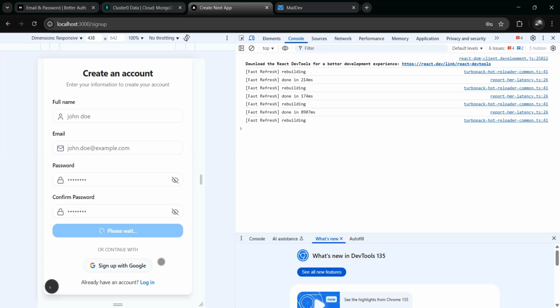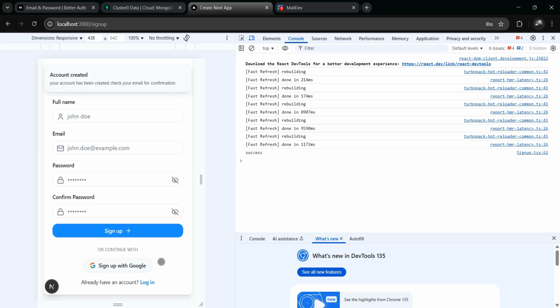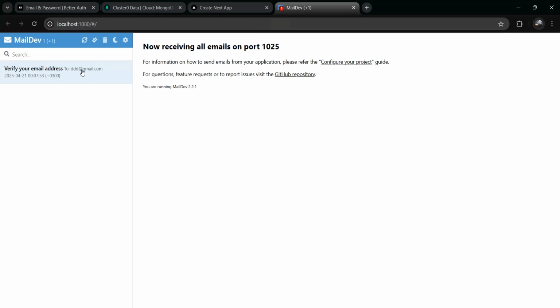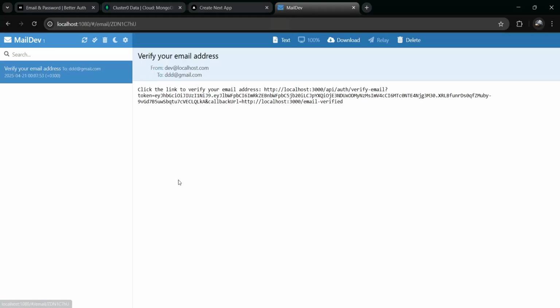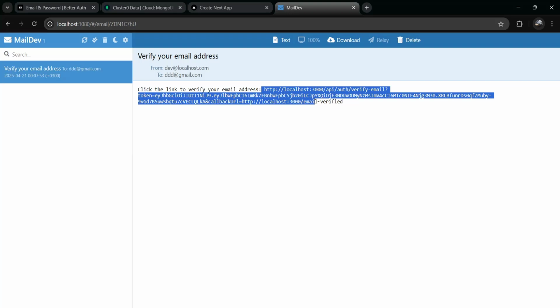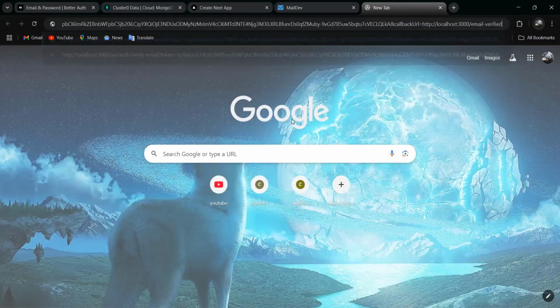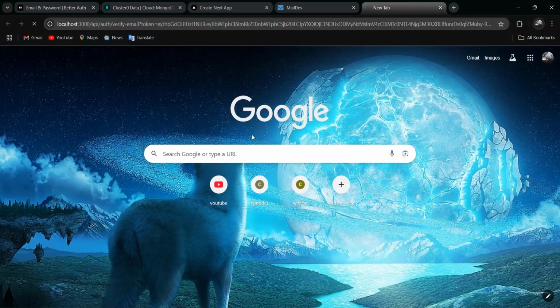And let's wait a little bit. I think, yeah, you can see account created, your account created. Check the emails. Now when we go to the email, you can see we have this verify email. Now you can see it will give us this link. Now when we copy this link, Ctrl C, and go here and paste this link and go to that link,